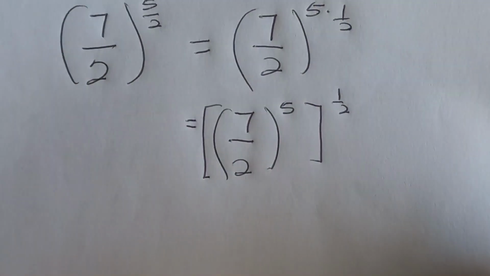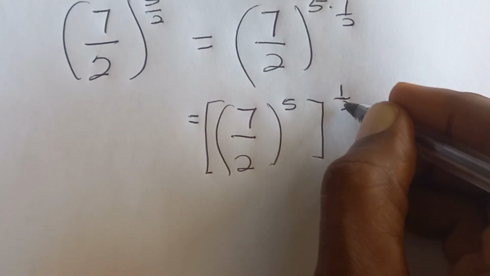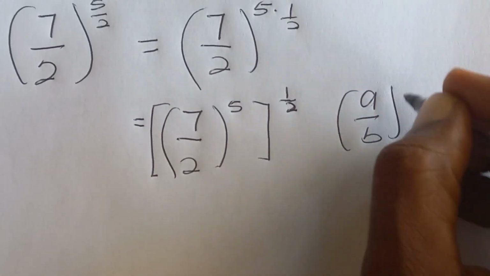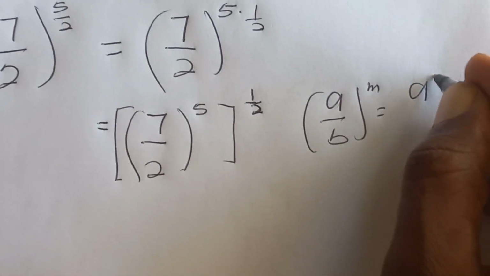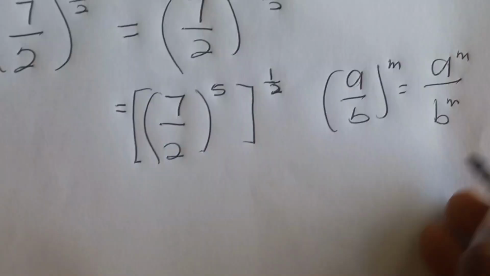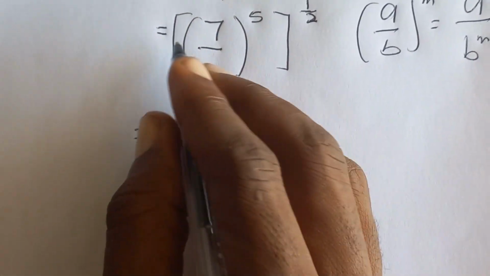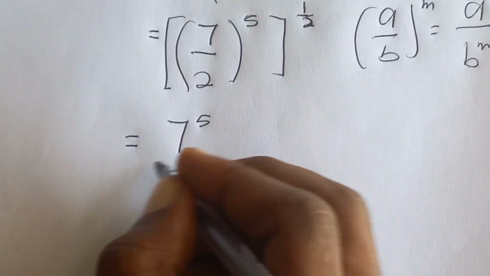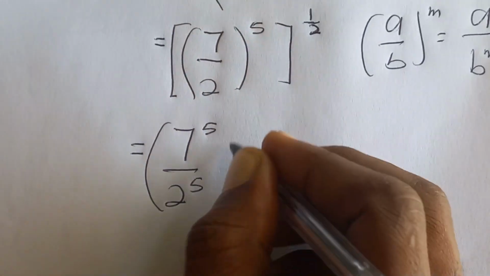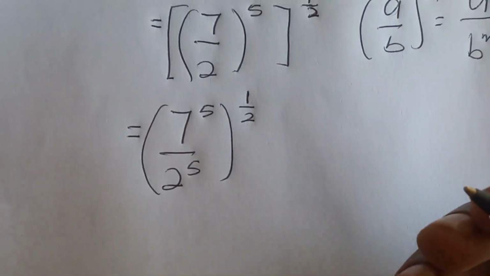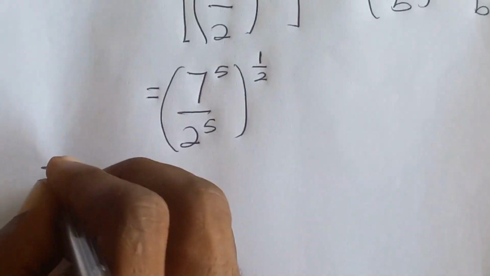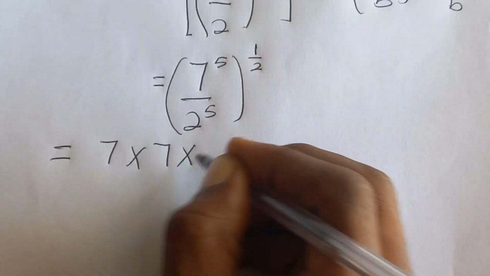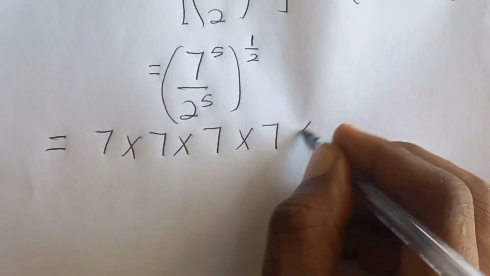So in indices or algebra, we can write (a on b) to the exponent m as a exponent m on b exponent m. We are going to use this here, which is equal to 7 exponent 5 on 2 exponent 5, all in brackets to the exponent half. And this 7 exponent 5 we can write as 7 times 7 times 7 times 7 times 7